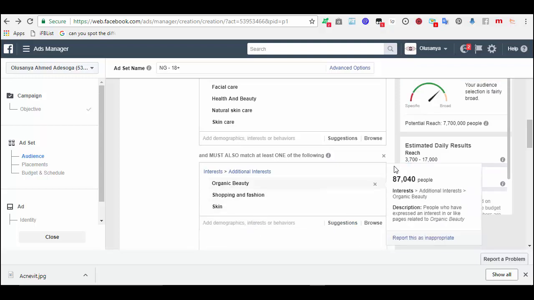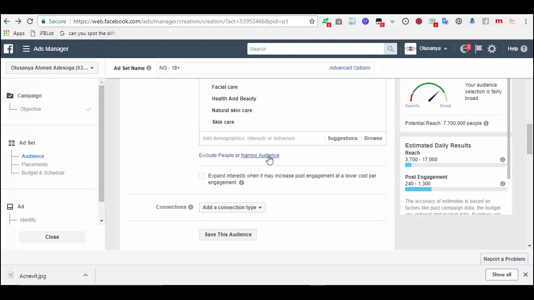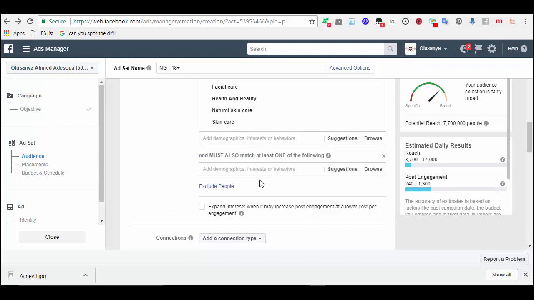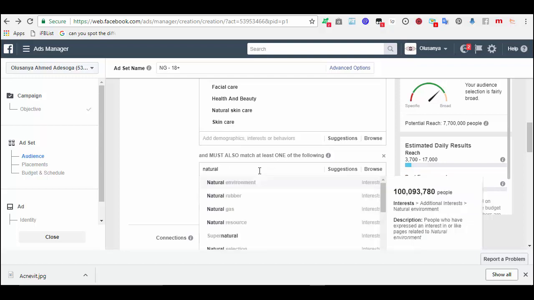Didn't change to. Okay, narrow audience. Let's see, natural beauty. Let's see if this one will reduce it.